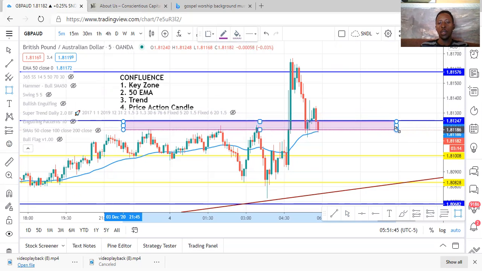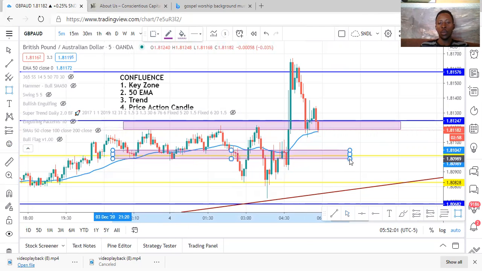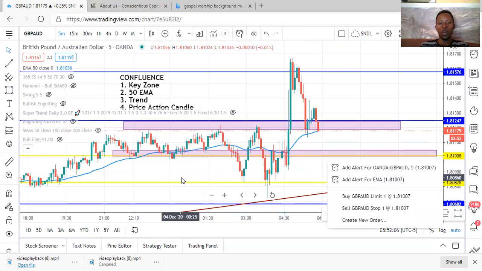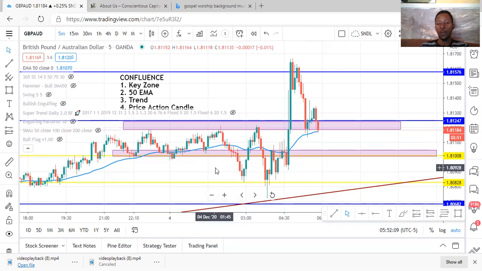Our zone is just all these are zones, just by the support or resistance. That is our zone. So, looking at the confluence, we can't